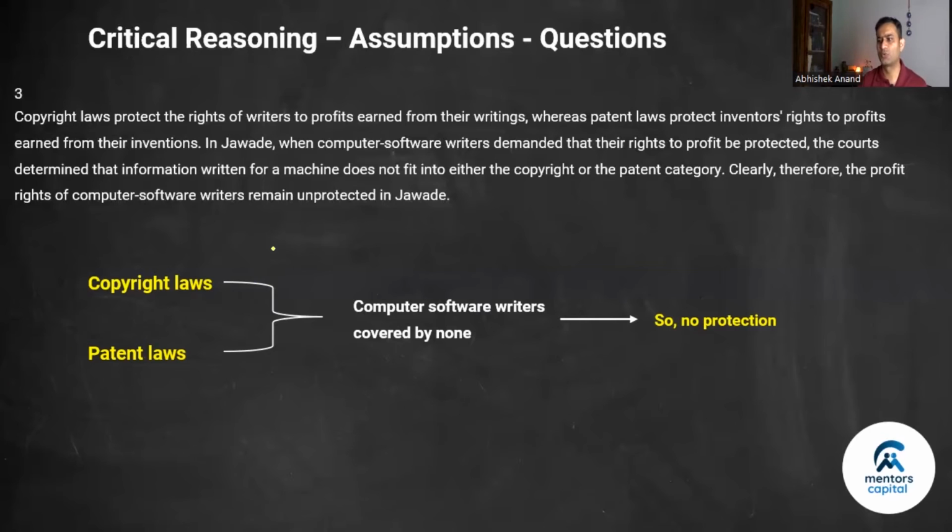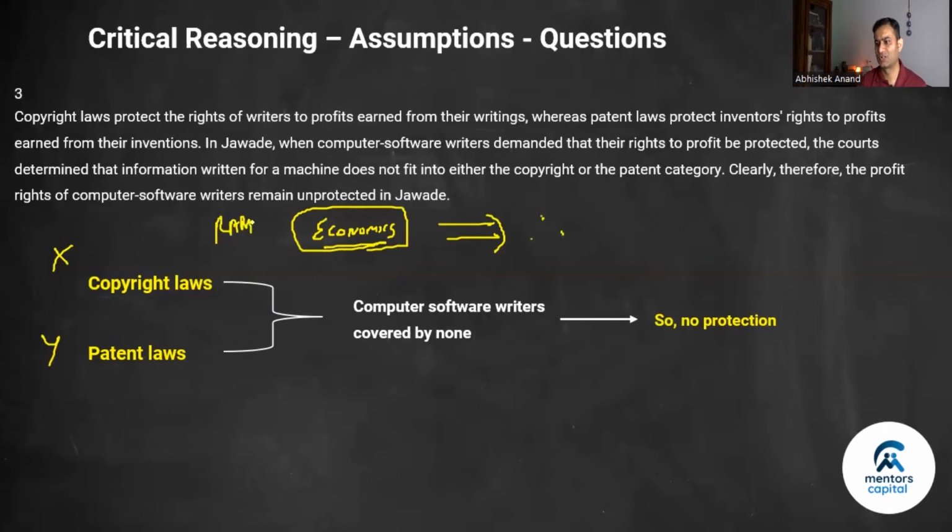Let's say you want to study economics from some teacher, and there are two popular teachers, teacher X and teacher Y. Now, unfortunately, when you go to them for teaching, they say that they are filled. So far as the batch size is concerned, they are completely filled. And from that, I'm making a conclusion. Let's say this guy is Ramesh. Ramesh wanted tuition of economics subject from two teachers, X and Y. Both batches are completely full, so they can't teach Ramesh.